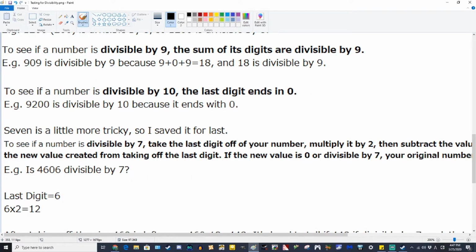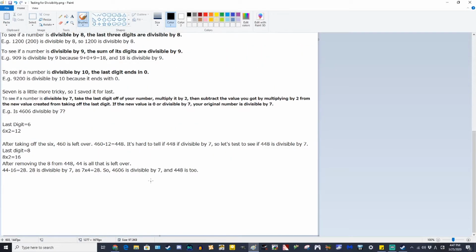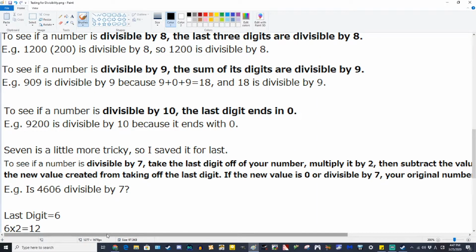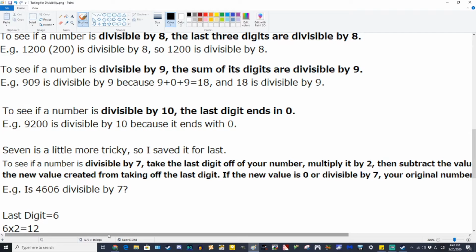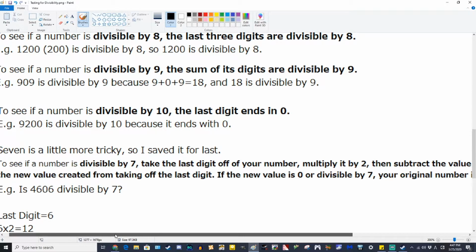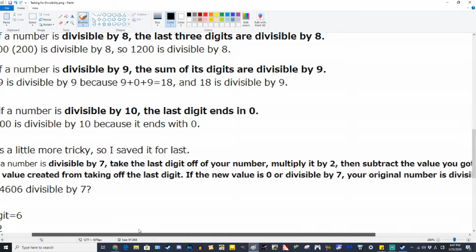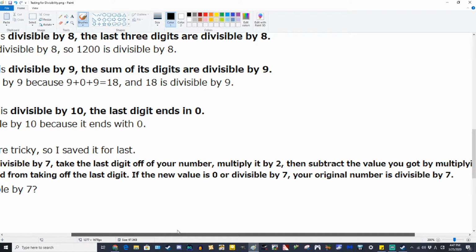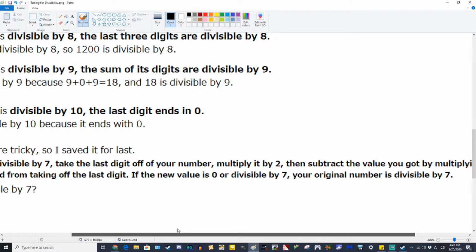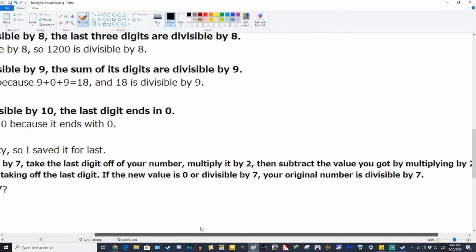Now finally, 7 is a little bit more tricky than the other ones, so I saved 7 for last. To see if a number is divisible by 7, you take the last digit off of your number. You don't subtract it, you literally just remove it from your number. Then you multiply the number that you removed, the last number that you took off the end,